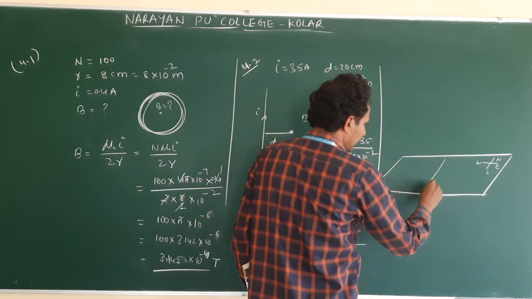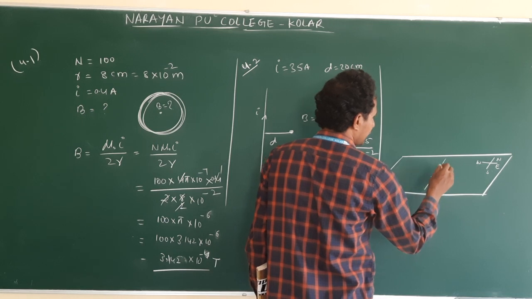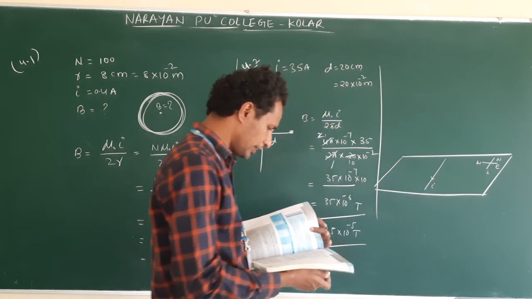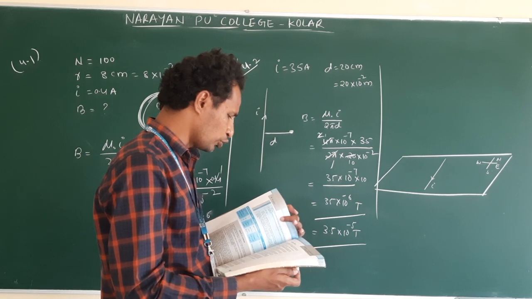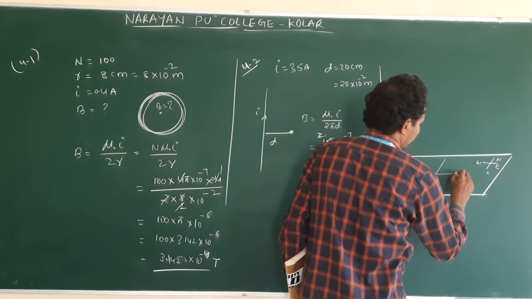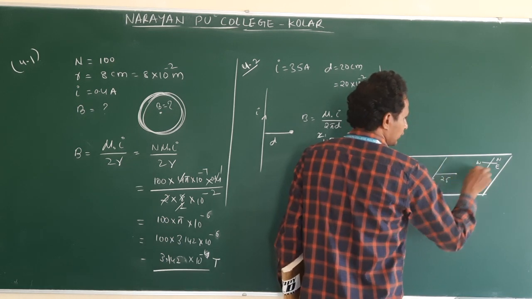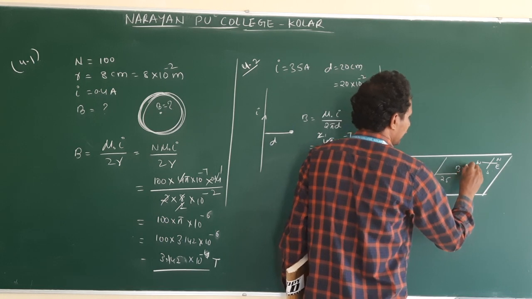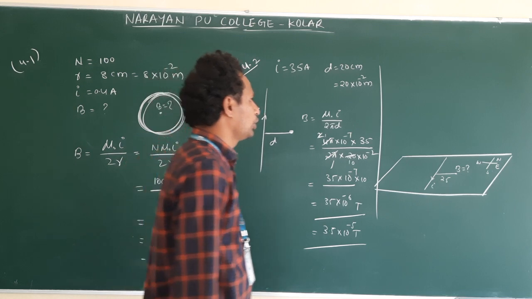This is the conductor, carries current north to south. This is I, infinitely long conductor. Clear? And give the magnitude and direction of B at a point 2.5 meter east. So take, okay, this is 2.5 east direction. Here they are asking field, not only magnetic field, they are asking direction also.